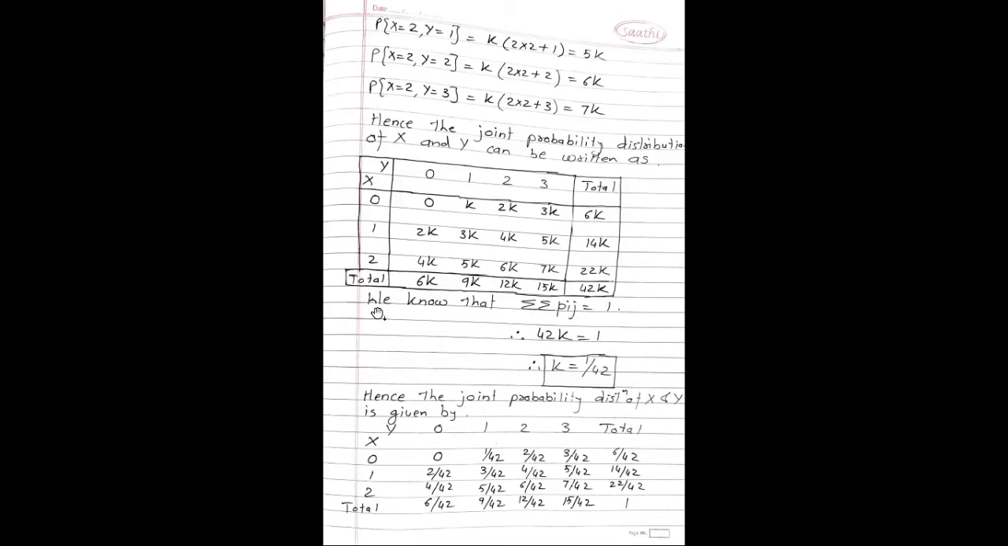Now we have to find the value of k. So we know that the double summation of Pij must be equal to 1. So 42k is equal to 1. Therefore, the value of k is equal to 1 upon 42. Hence, the joint probability distribution of x and y is given by